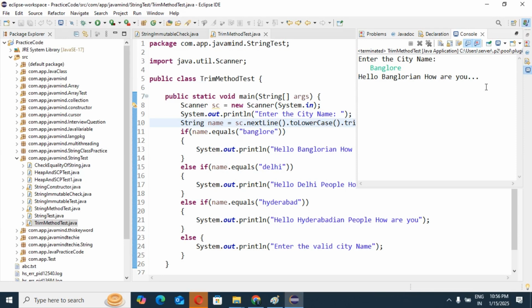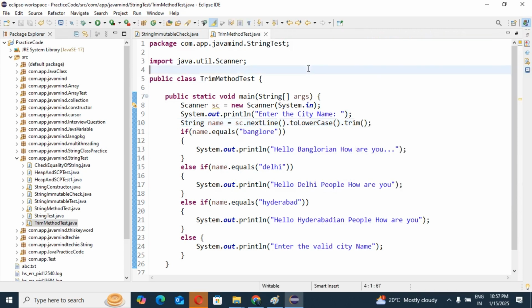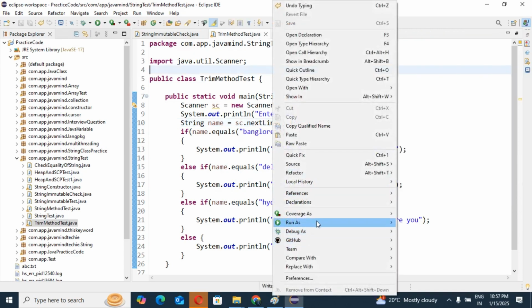Hello Bangalore, how are you? Guys, can you tell me now, is our code running as expected or not? Is our output coming as expected? See, if I pass Bangalore, the result prints hello Bangalore, how are you? It's not coming into our else block. But earlier, before implementing the trim method, it directly came into our else block, which it should not. But now, after using the trim method, we directly get our expected result. Yes, guys. One more time I will run the application, we'll see other cities.